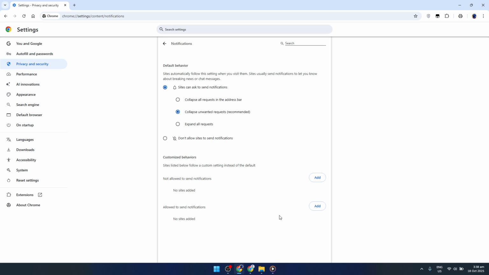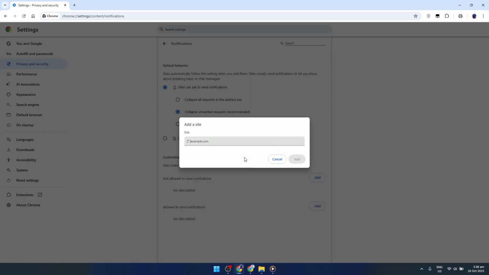To proceed, scroll down a bit further until you reach a section named Allowed to Send Notifications. This is where you designate specific sites that are permitted to push notifications to your desktop. Click on the button labeled Add. A dialog box will appear, prompting you to enter the URL of the website from which you want to receive notifications. This could be any site, for example,